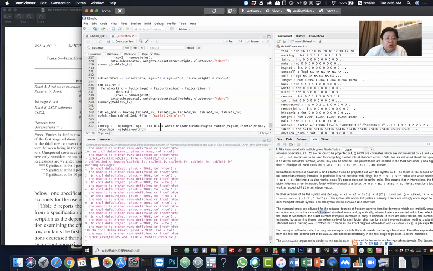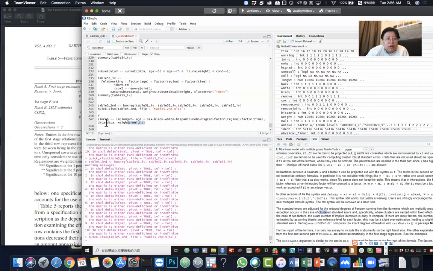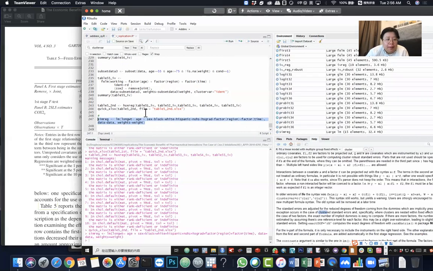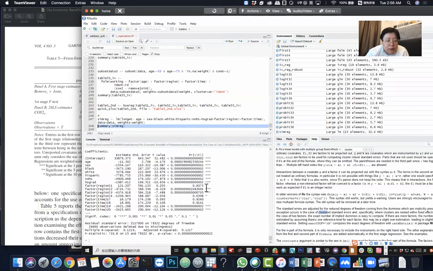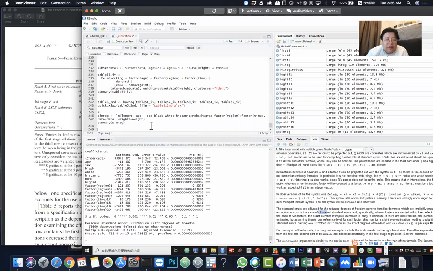Wait, okay, run this regression, simple regression, and I look at the result. Yeah, these are the results that I have. So if I think about that, if I want to draw a simple